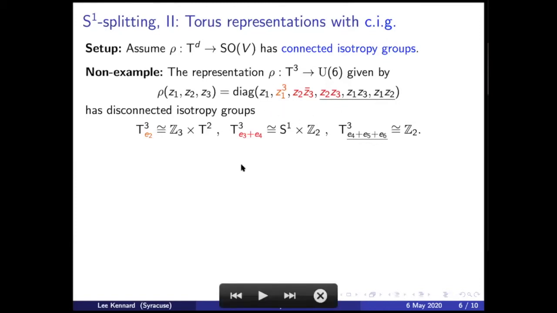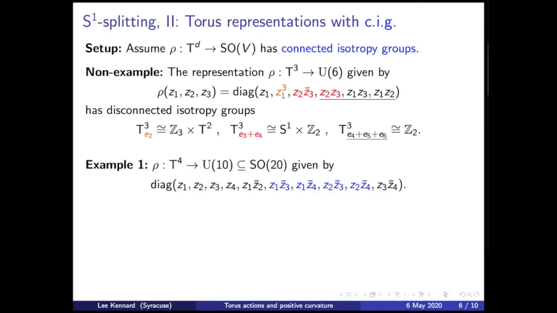There are many other ways you can get disconnected isotropy groups. For example, you might call this a 3-cycle. You could write down a 5-cycle, or lots of other ways to get finite isotropy groups or disconnected isotropy. The reason I put these examples is that these are somehow the only three you really need to understand for the proof of the splitting theorem. Not that I'm going to get to that in the next 25 minutes or so, but it's kind of surprising that just by studying T3 representations, you can already know everything you need to know. So these things are rare. You should think of this as a very strong condition.